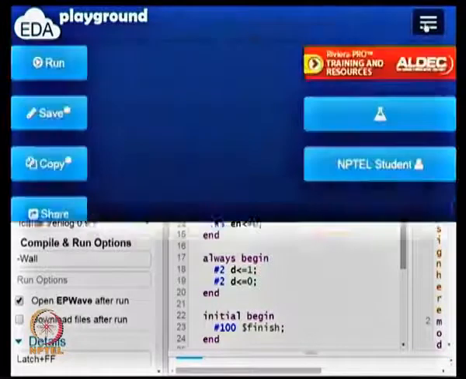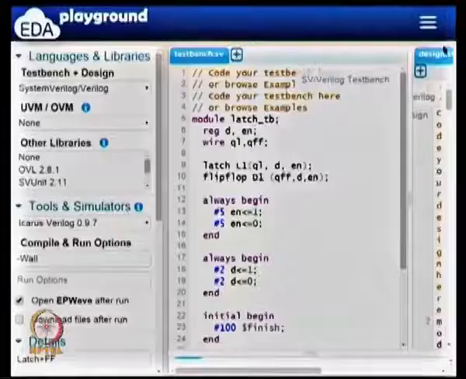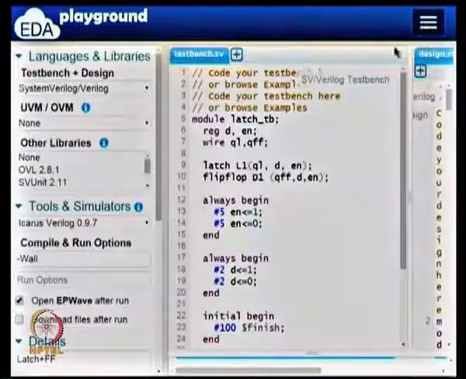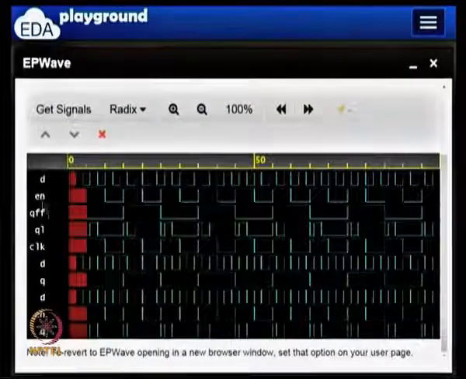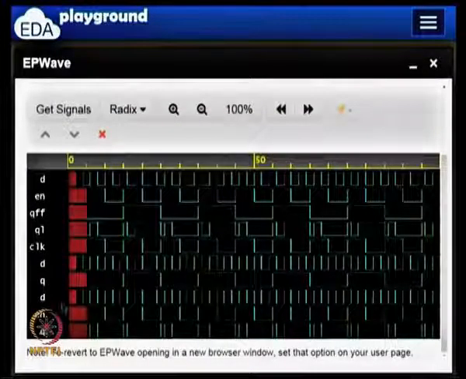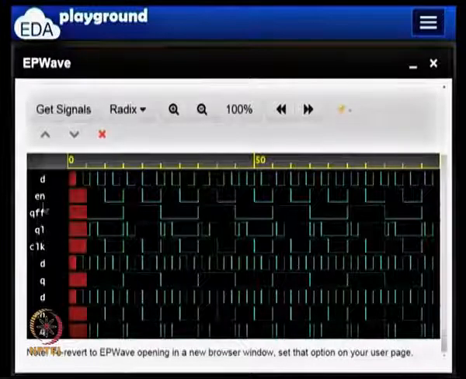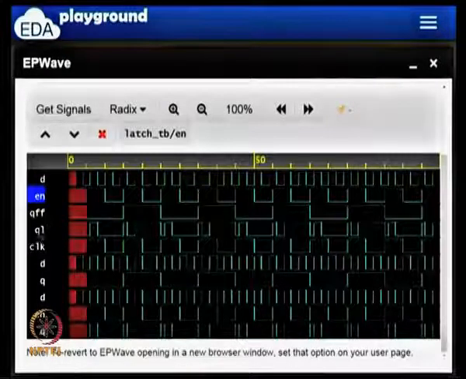Okay, I actually want the waveform to be shown also, so let me run it once more. So let us see this here. It actually opened up all the things that are in my waveform, but what we care about is the enable line, which is the clock that I have used, D, QFF and QL.